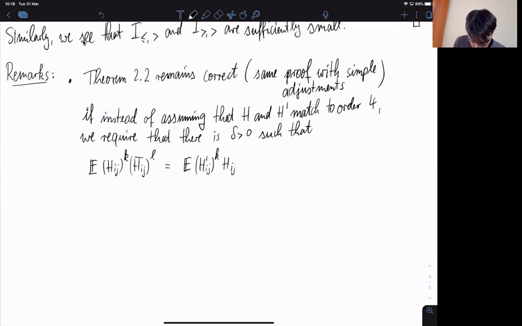But the important point here is that we can allow for an error term of the following order n to the -2, while then actually it essentially does not matter what's on the diagonal. We just need that the error term is a bit smaller than n to the -2, and this comes in as follows. It only comes in the proof of the Green function comparison statement, and there this moment matching condition was used to see that the definition of the A is independent of whether one has an H or an H prime,